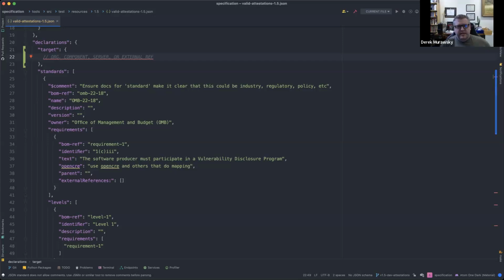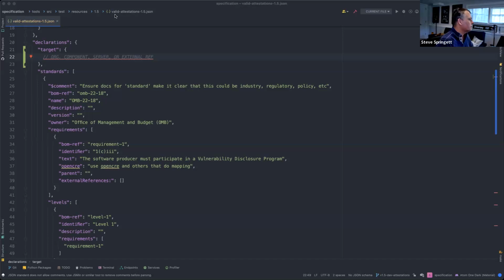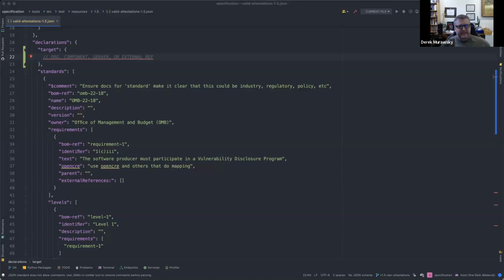Taking a look at this, I did a partial collapse of a bunch of this stuff just to get a high level view of the different pieces that we're working with, because there's so much here, it's hard to keep in the cache. But what we're doing here is we basically have an array of standards, an array of attestation objects, and then an array of claims and an array of evidence. The thing that we're talking about now is we're trying to attest for a particular subject, based on all of the other data that we're pulling together in here.